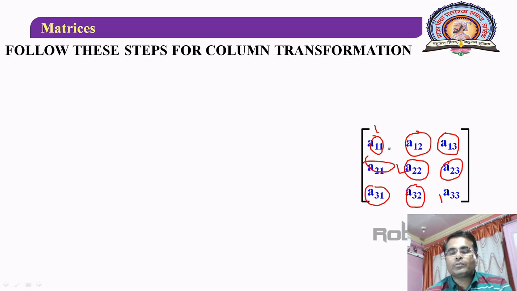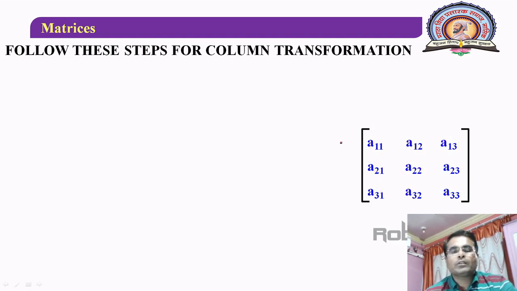Okay, so that is, we have made this 1, then these are 0, then make this 1, then this 2 0, make this 1, then to this 2 0, this 2 0, and then this 2 0. So again, we are traveling in clockwise direction. So for column transformations we have to go in clockwise direction.